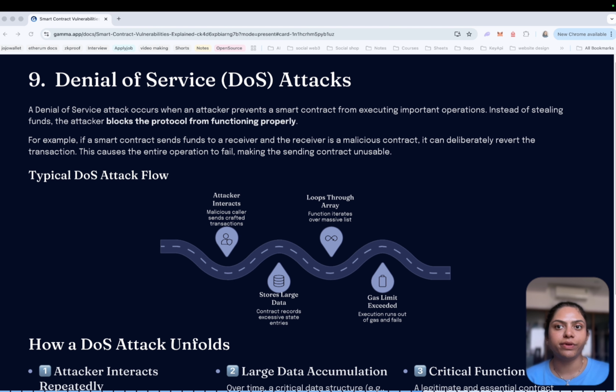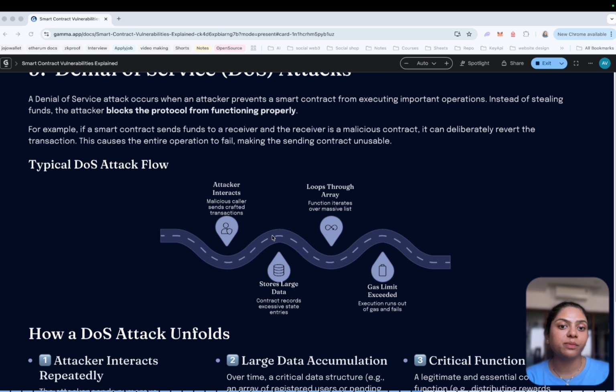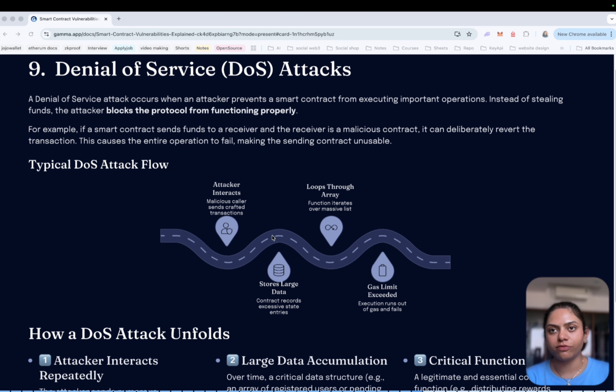There are several ways denial of service attacks can occur in smart contracts. First, gas limits. One common pattern appears when developers write loops that iterate over a large array.